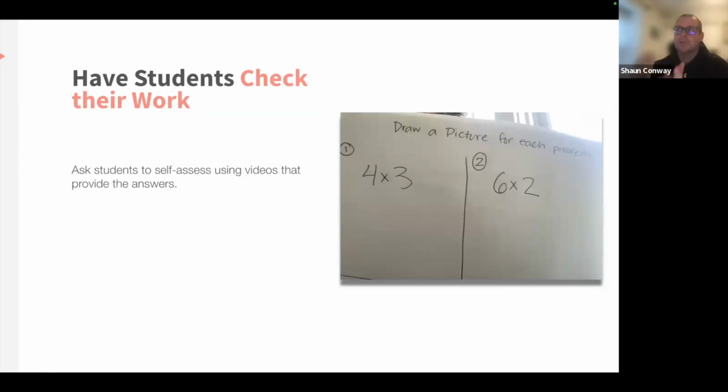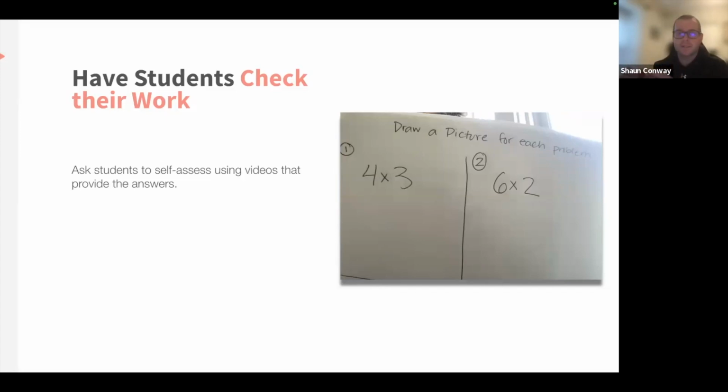So additionally, as we go through and we make custom direction videos for small groups, there is also a world in which having students check their work for self-assessment using videos can be extremely helpful. And so as you look at this picture, draw a picture for each problem, students are able to provide a significant amount of insight into their process and procedure by making their recordings. Now, that probably would be done via Submit in terms of those submissions, because the student access in JCPS is a little bit different than teacher access.